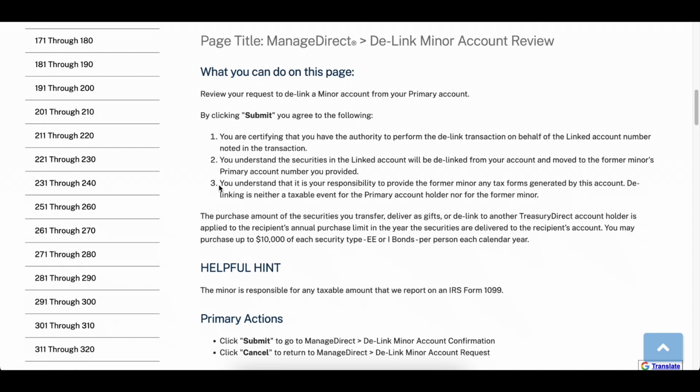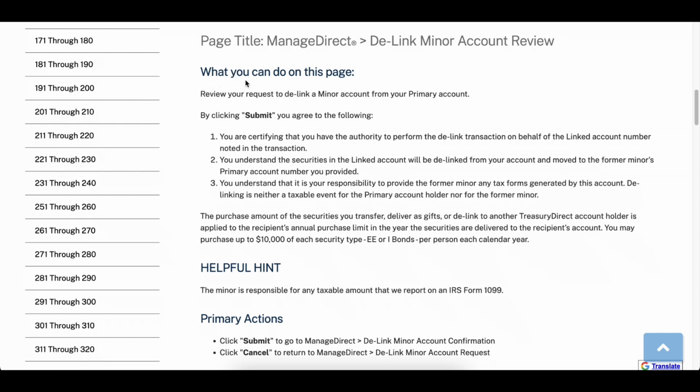Okay. Number 3, let me read that again. You understand the securities in the linked account will be delinked from your account and moved to the former minor's primary account number you provided.